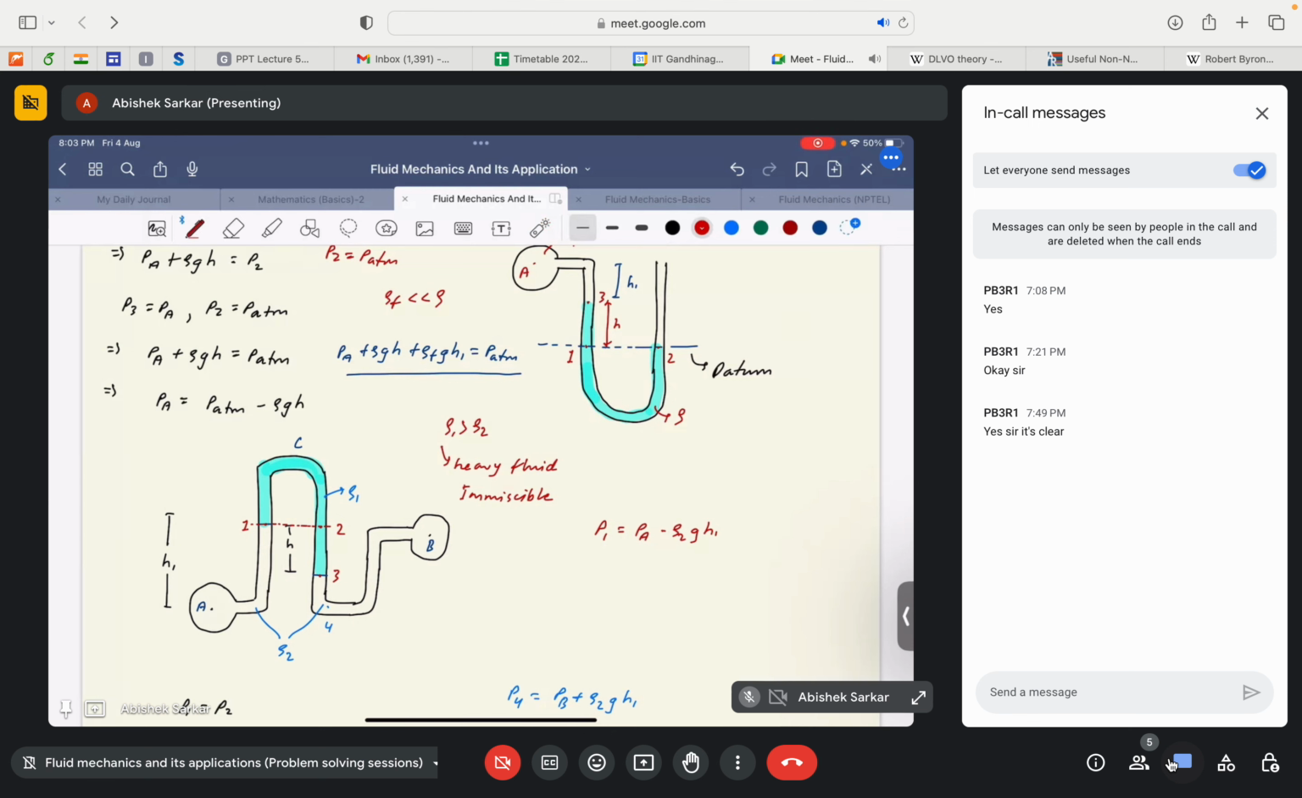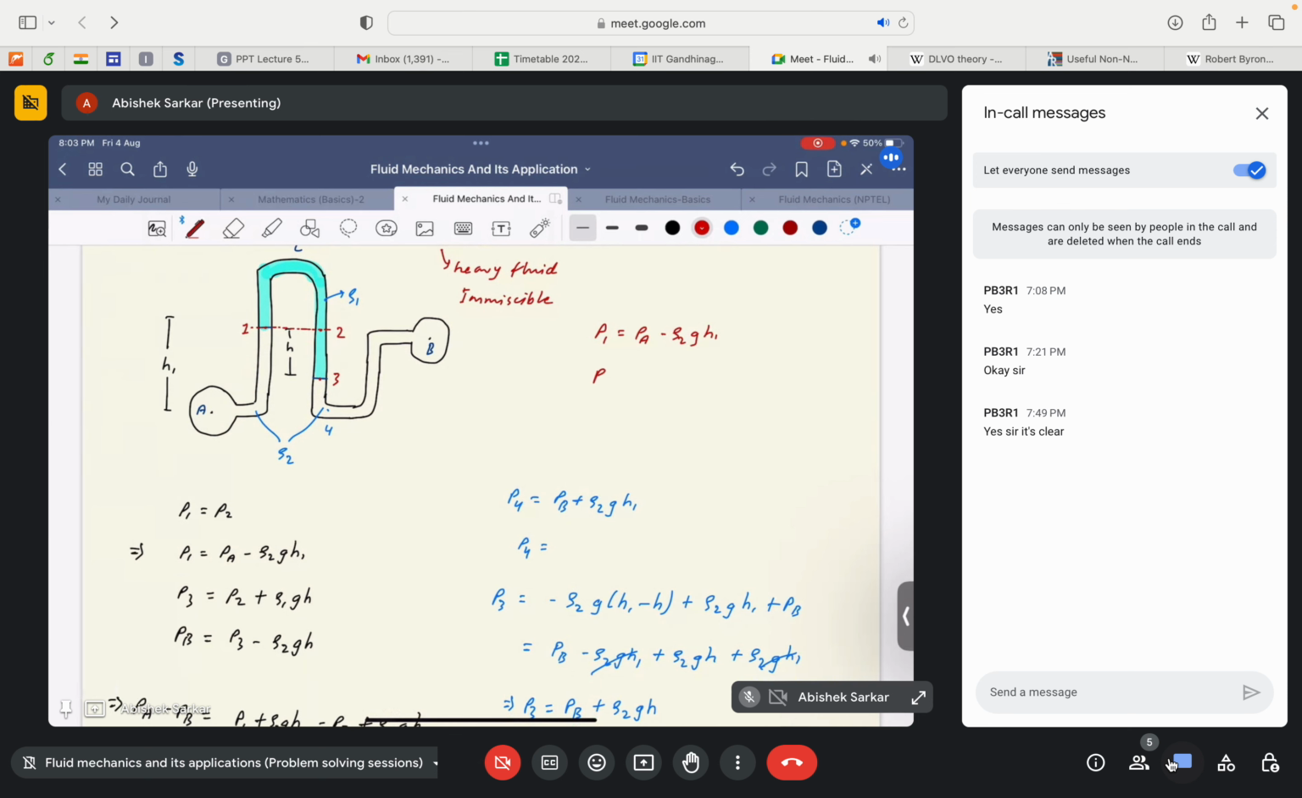we can again write P3, where P3 would be equal to P2 plus rho 1 G H. Again see, there's a plus, right? Why plus? Because from P2 we are going downwards to get P3. That's why we are adding the value of the pressure to the liquid column. Okay, similarly now